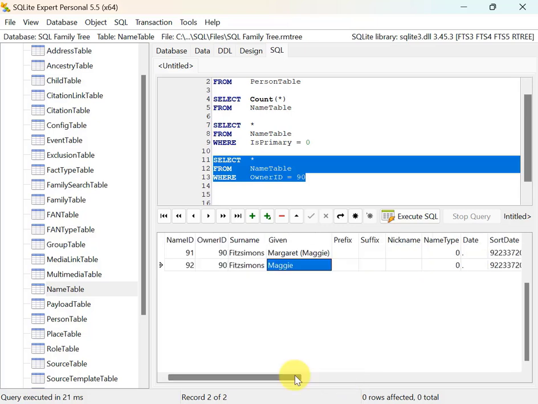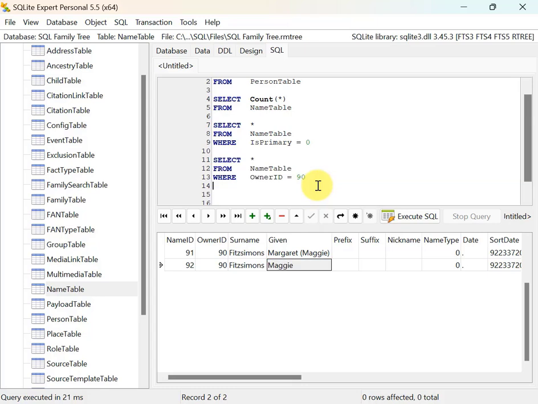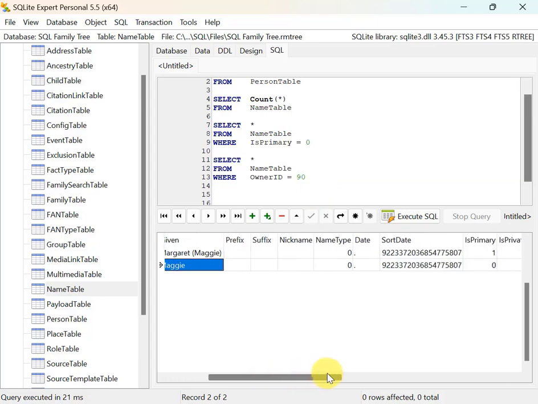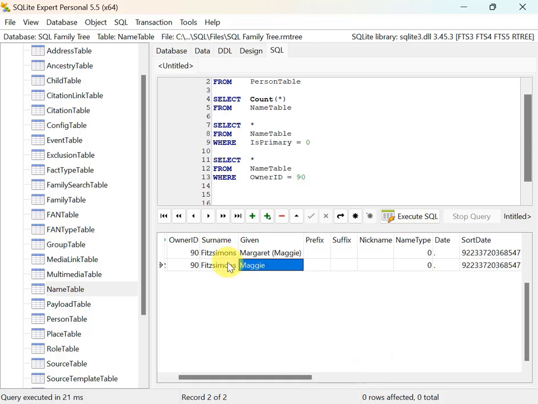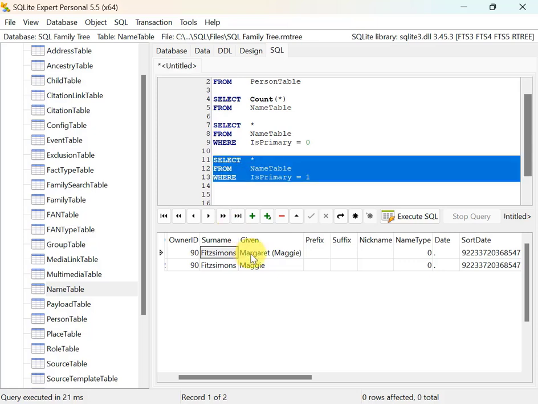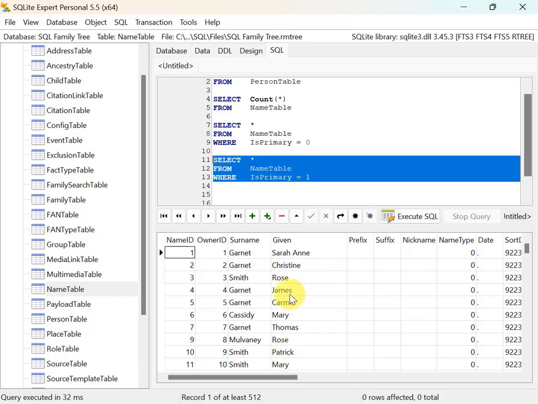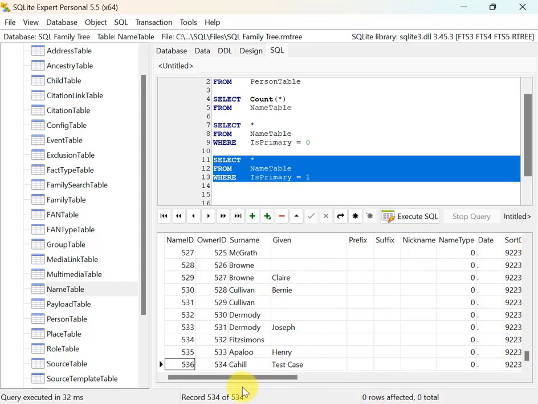Having looked a bit closer at the data, I've decided that when I run my name frequency report, I only want to use the is primary records. Otherwise, this surname will be counted as two different entries in my tree, and that's not quite right. What that means is when I do my frequency report on the name table, I am going to add a filter where is primary equal to true. So my queries are going to run off this data set, of which I scroll down to the end. I have 534 rows,